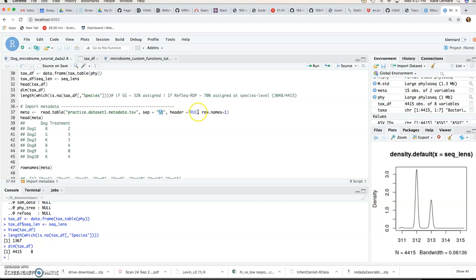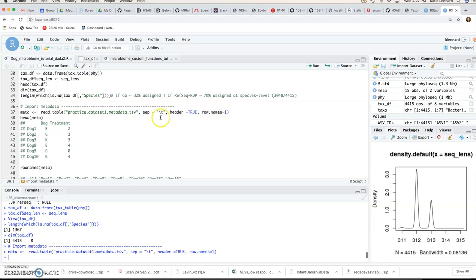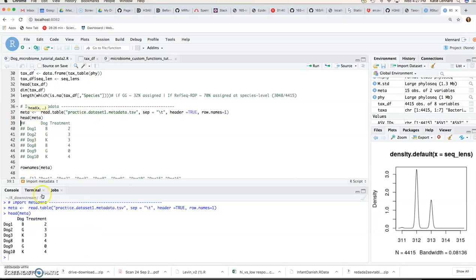We're going to tell it does have a header, and our first row has the names. So if we do that and assign it to something called meta,